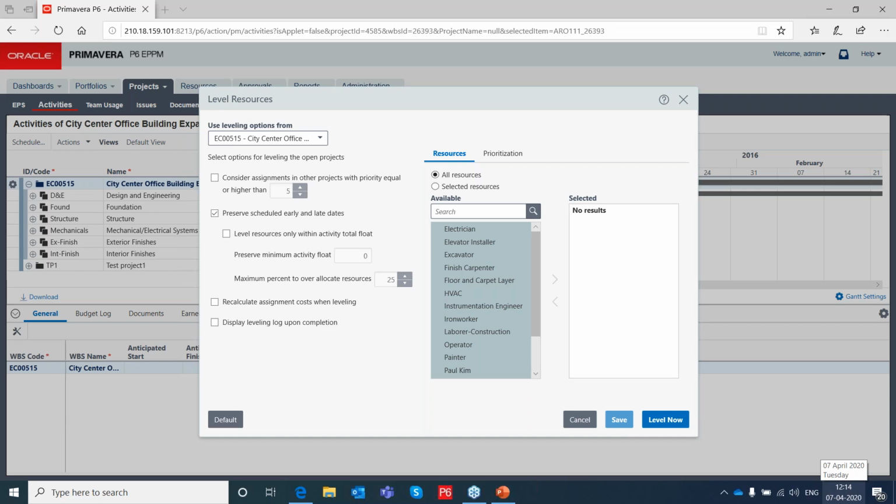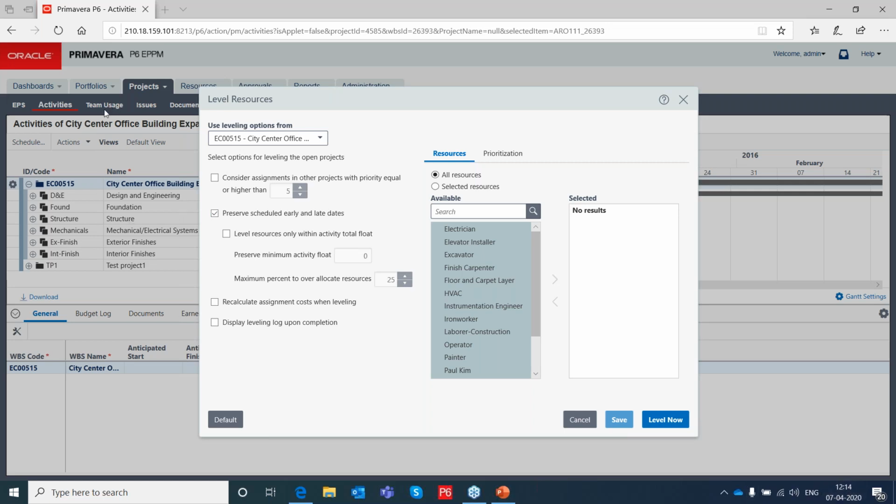Basically, resource leveling is system driven, where you set the parameters, and based on that, the resource allocation is spread, right? And smoothing will be done by manual intervention, right?